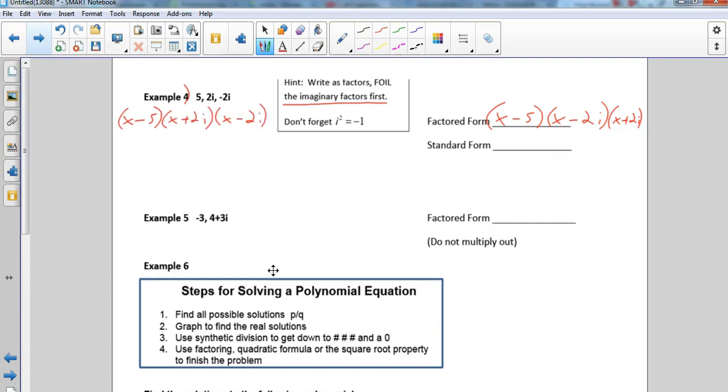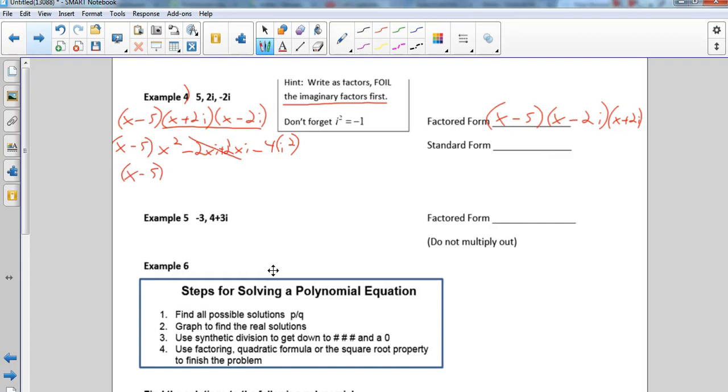If you remember when we first learned about imaginary numbers and the conjugate theorem, right here is very similar to a difference of 2 squares, because we have a plus and a minus. So the middle term is going to cancel out. So we have x squared minus 2xi plus 2xi minus 4i squared. And remember, that's going to end up being negative 1. Well, the 2xi and negative 2xi cancel each other out,